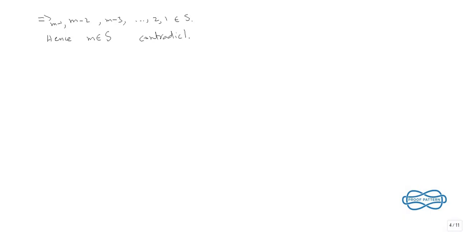And this contradiction arises because we considered that S is not equal to N. Therefore, S is equal to N because our supposition was wrong. Clearly, we have seen that the second principle of finite induction implies the first principle of finite induction. Now, suppose